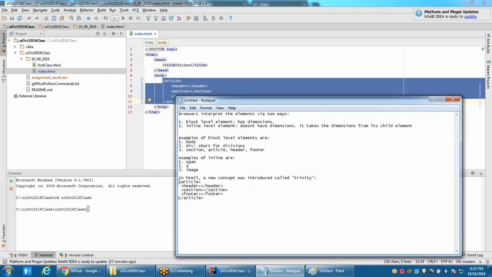This Trinity is only possible in HTML5, and the reason is that article, header, section, and footer don't exist in HTML4. We discussed this yesterday. These new tags, these new elements, were introduced in HTML5. That's why this Trinity concept holds only in HTML5. Okay,